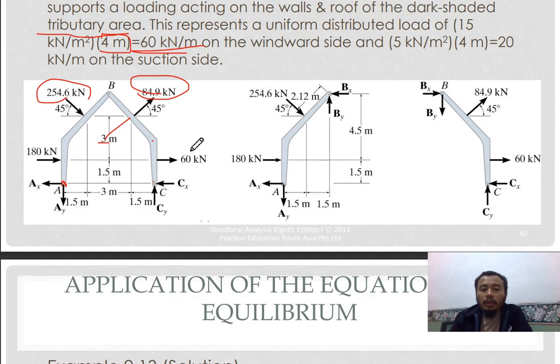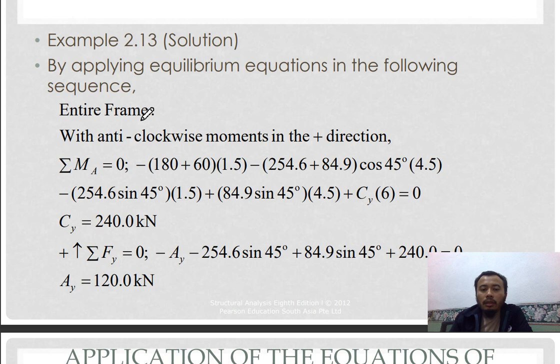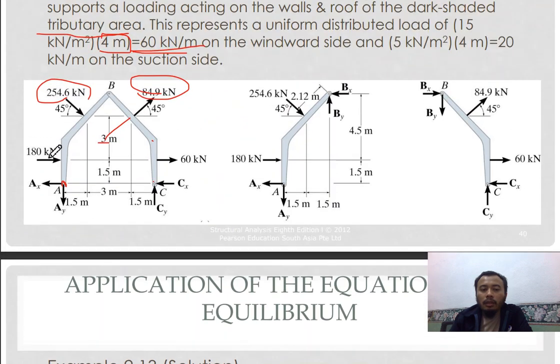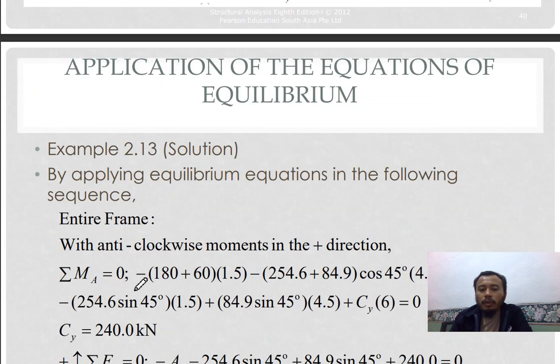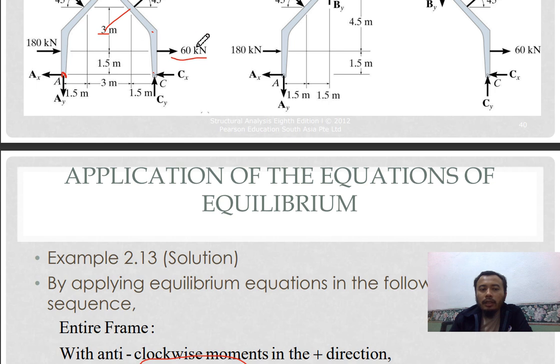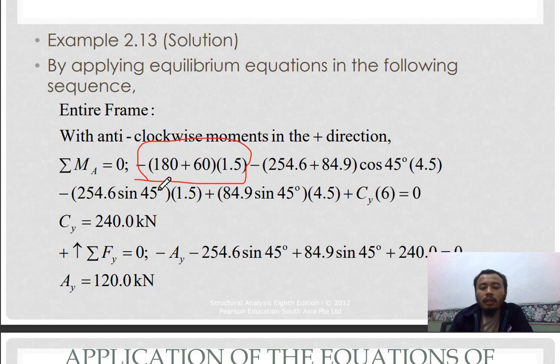You can combine these two, so it becomes like this. As the direction is also the same with this, which is negative, clockwise. So here it'll be like this, and then you can also combine